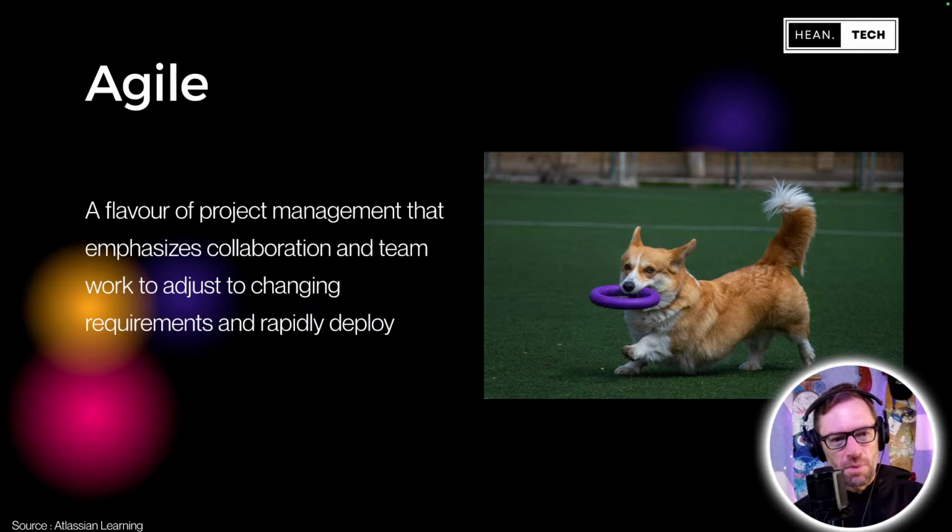So Agile is a type of project management. You might be familiar with it from being on a project team, but you have probably heard the term, we're an Agile company. For me, the term Agile is kind of getting diluted because everyone wants to be Agile, but when we think of what it actually is, no one's actually expressing it that way anymore, which is fine. But it's a way to adjust our work as we go to meet moving targets. So when we think of a piece of software or a website as a stereotypical example, we can accept changes during the project in a way that traditional projects wouldn't.